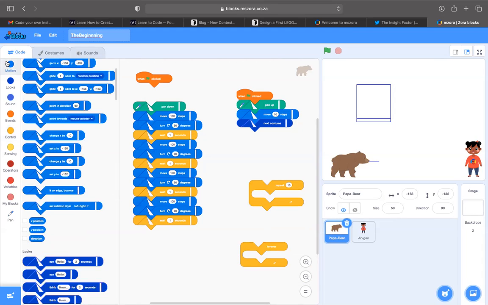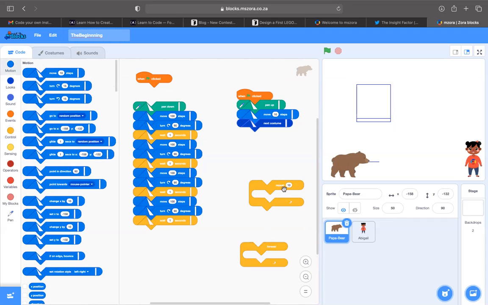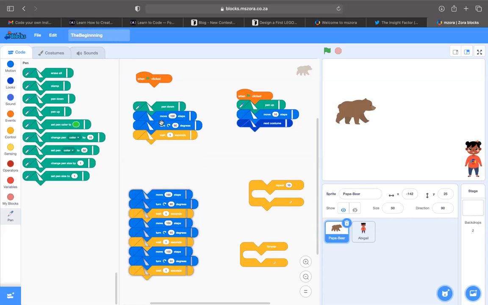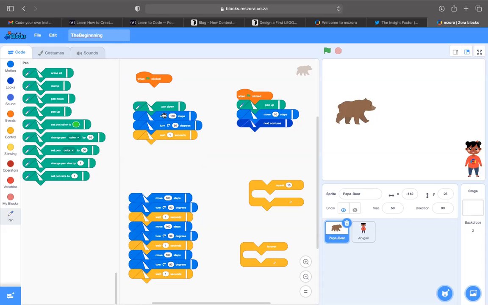So we have two blocks. One is called repeat, and the other is called forever. All right, so how can we use this repeat? Let me erase all of this by going to pen and clicking erase. Then it erases everything. All right, so we have our code here, which says move 100 steps, turn 90 degrees, and we are repeating this code 4 times. So this is the code that we are going to repeat.